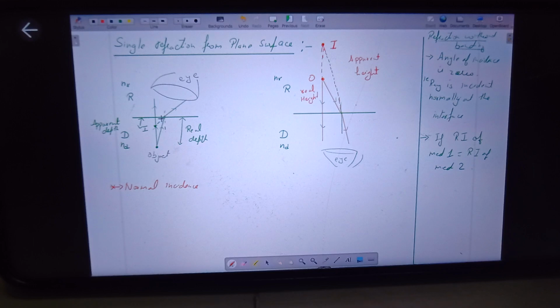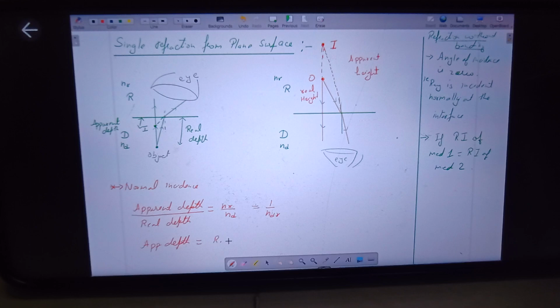Here, or should I give the direct formula? Tell me. You can even directly write it down that apparent depth upon real depth will be equal to nr upon nd. Okay, that means, or you can write 1 upon n dr. Simply you can remember it like this, that in the first case, apparent depth